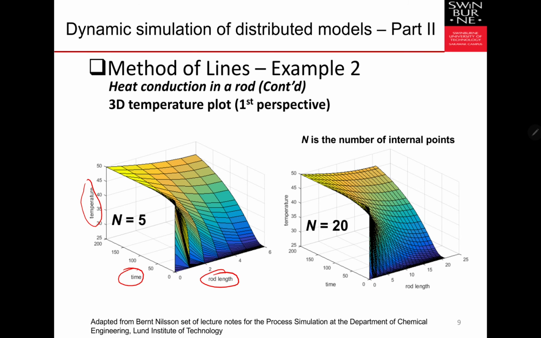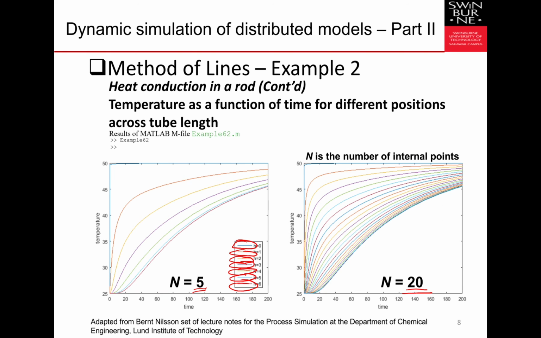What we can see in here is that the one at h equal 0 will go faster and reach 50 at a particular time. Let's say, for example, at this particular time at 40, the closest point to the inlet will reach 50 already. This one is already 45. This one is about 38. This one is 44. This one is 38. This one is about 34.5 and so on.